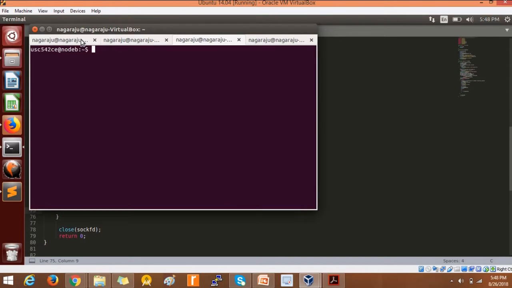So I already have SSH to node A and node B. So in my experiment I will consider node B to act as server, and to get the host name of server, you just type hostname. So this is the host name of server, node B. So we'll run the server here, on 4000 port number. I will try to connect this through client, that is node A